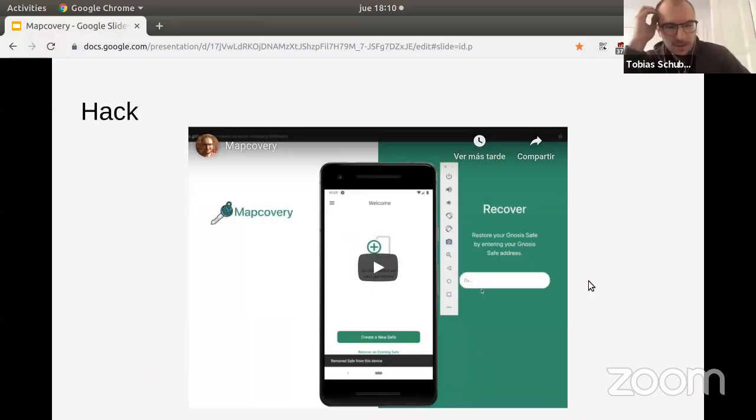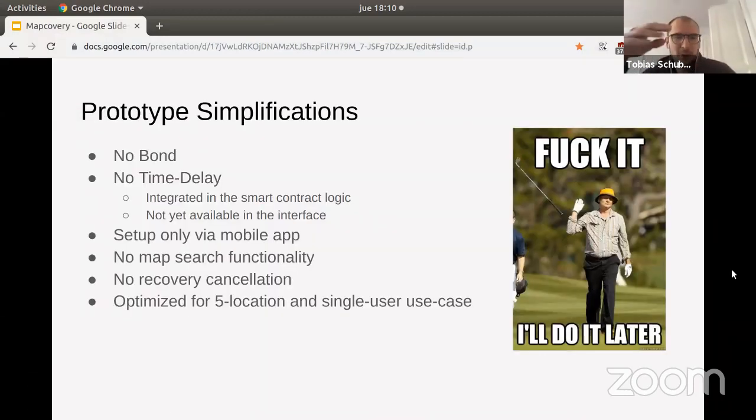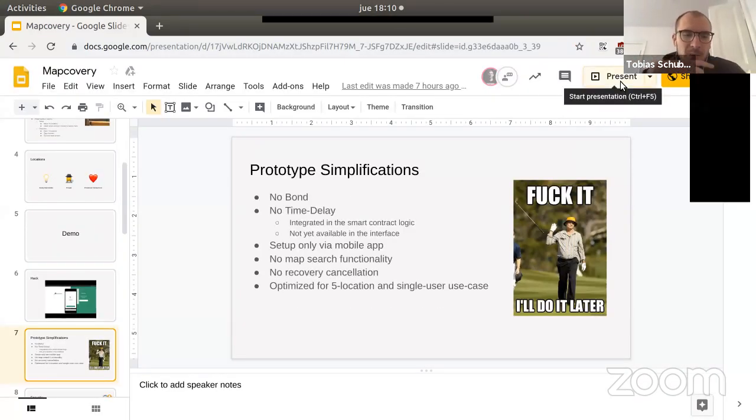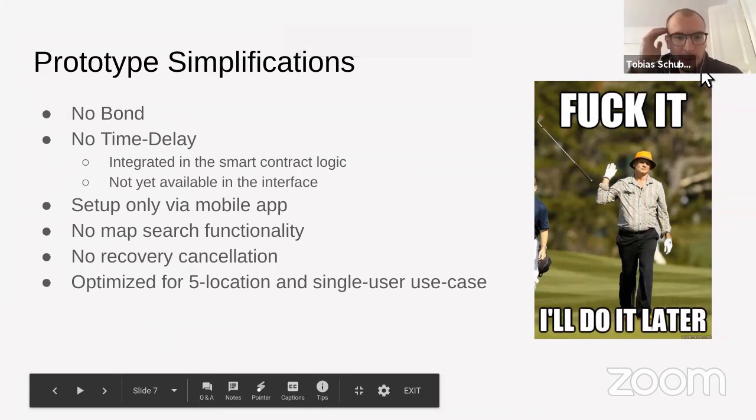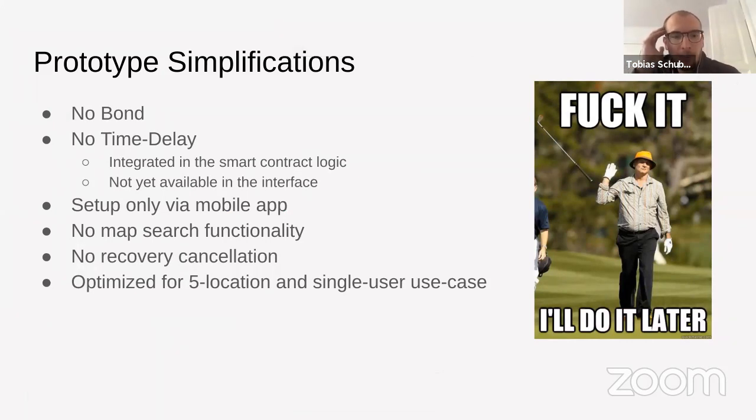Yeah, and then just a couple of more thoughts. So obviously we made some simplifications. So maybe just to give more context, the Gnosis Safe, for those who don't know, is a multi-signature wallet, a smart contract wallet. And so there it is possible that you can replace some of the so-called owner accounts. And we did that in this hack by providing locations, points of interest from Foam.